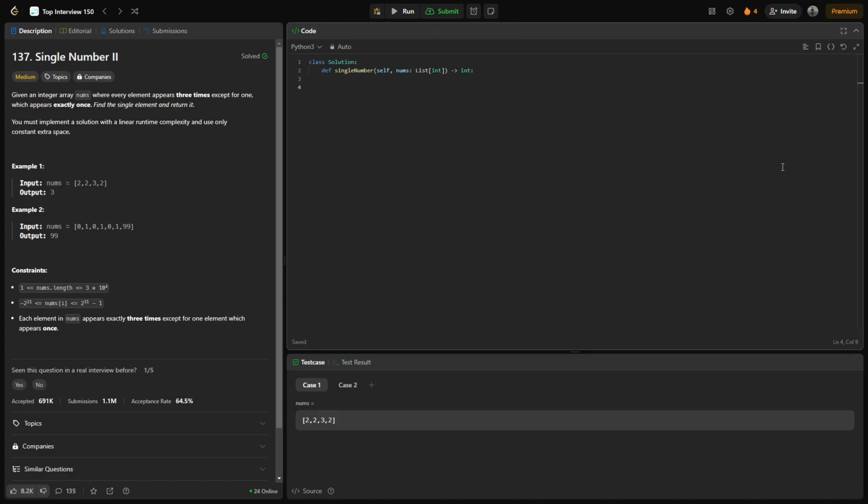So let me create the variable result, which is going to be 0, and for every bit, because it's 32 bit, for k in range 0 to 32, I'm going to have temp, which is 1 left shifted by k bits. Now for num in nums, if temp and num